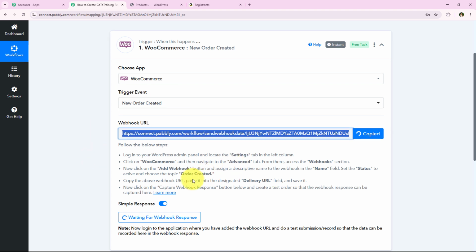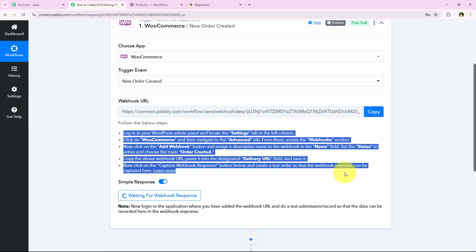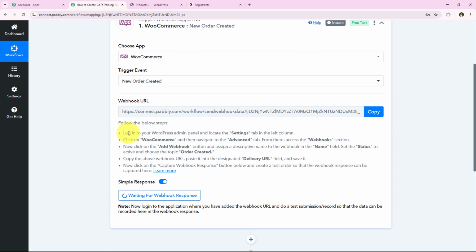So I'm just going to copy this webhook URL, and then we simply have to follow this help text. It is saying log into your WordPress admin panel and locate the settings tab in the left column. Click on WooCommerce and navigate to the advanced tab. From there, access the webhook section. Alright, so we're going to follow the same. I'm just going to open my